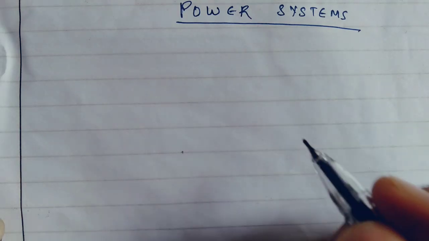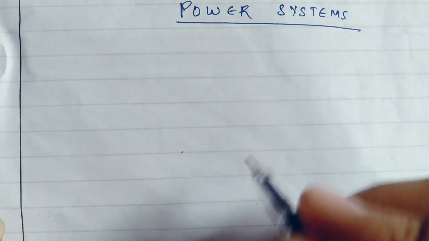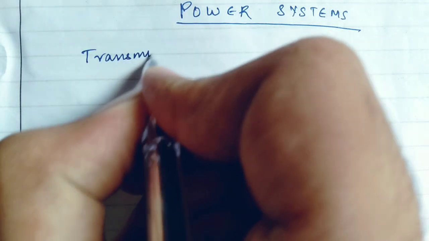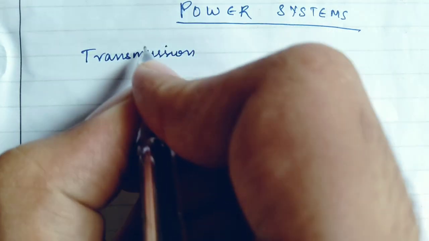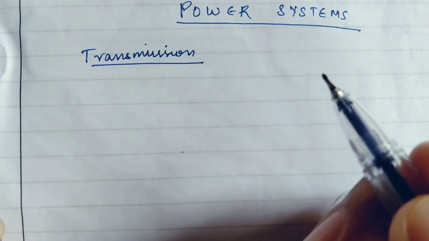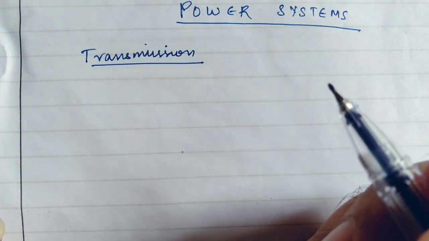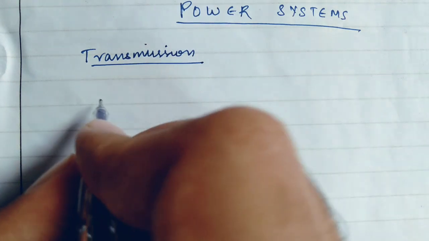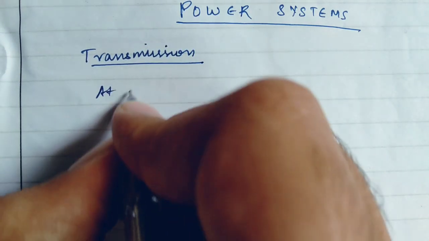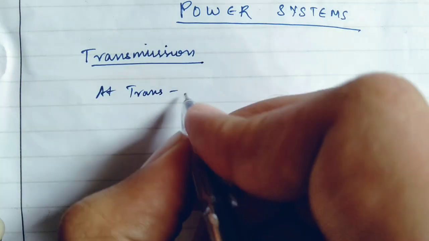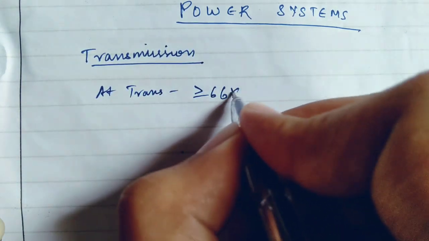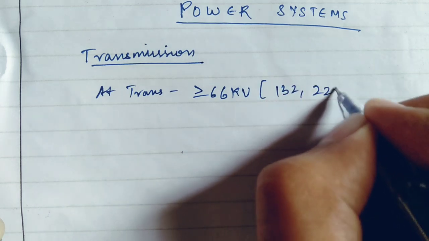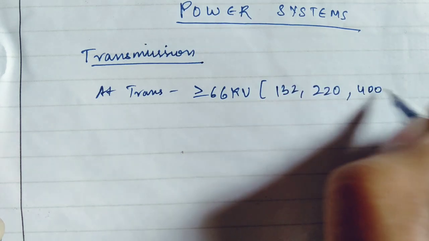Hello everyone. Today we are going to discuss power systems, and in power systems we are going to discuss transmission. So coming to the transmission, we need to discuss the voltages that we operate at various levels of transmission. So at transmission level we operate at greater than or equal to 66 kV, which also includes 132 kV, 220 kV, 400 kV and